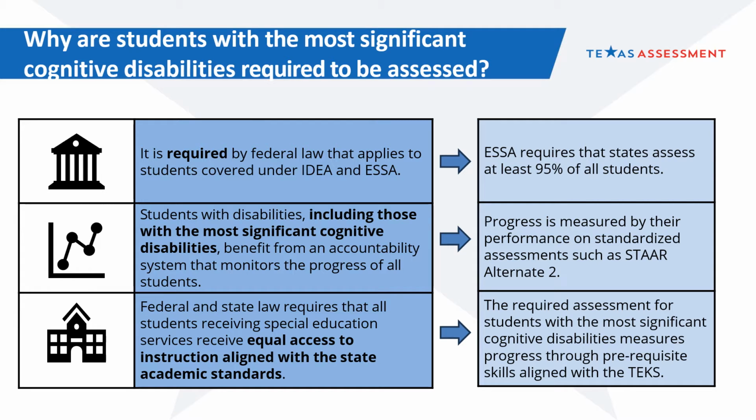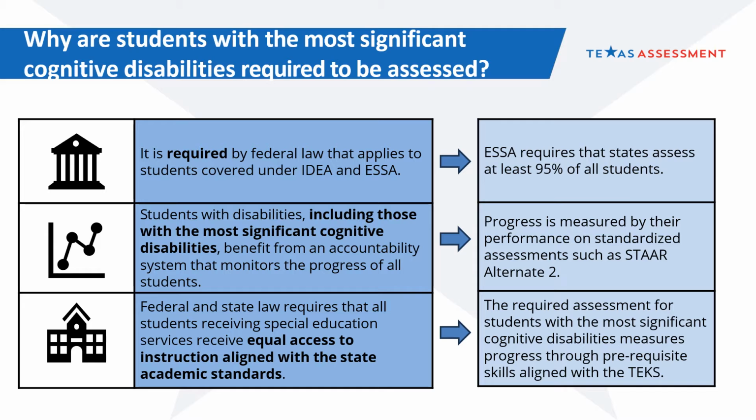Why is it required for a student with the most significant cognitive disabilities to be assessed? First, it is required by federal law that applies to students covered under IDEA and ESSA. Under ESSA, states are required to assess at least 95% of all students. Second, students with disabilities, including those with the most significant cognitive disabilities, benefit from an accountability system that monitors the